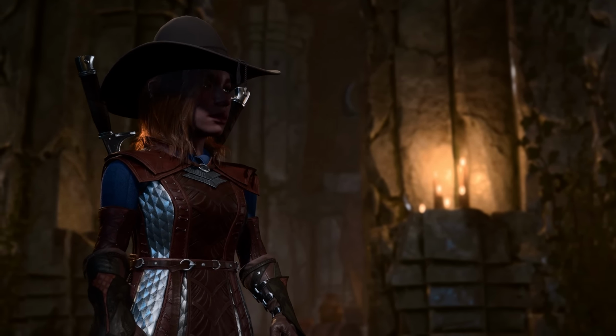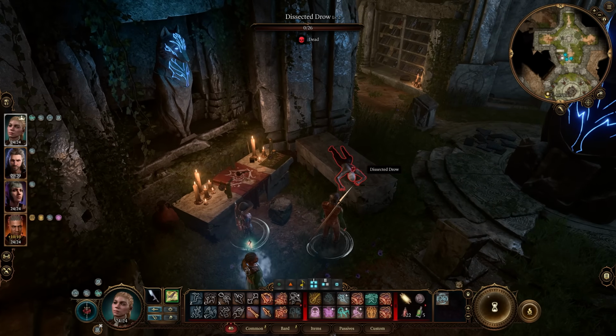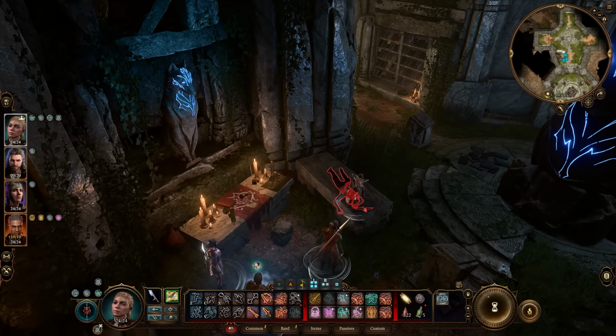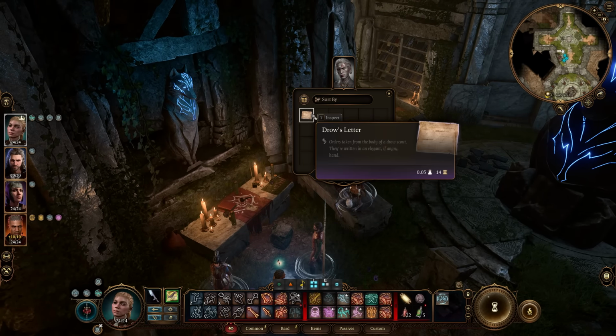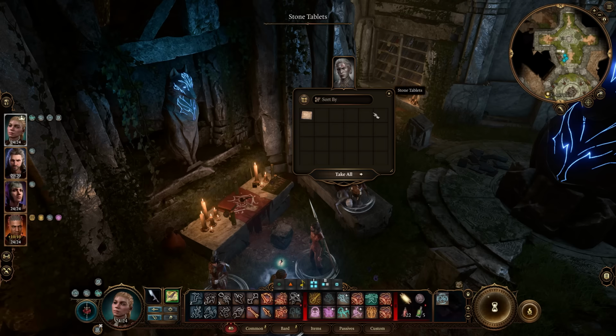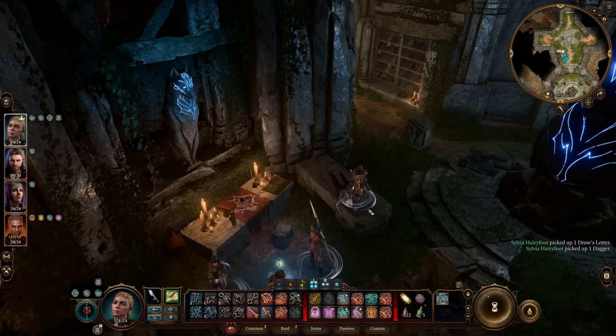Okay, so the name Minthara comes up again. It was already mentioned in the last episode by the goblins, and from the drow's corpse we can loot a letter with orders also signed by M, telling the raiding party to track the Druid. That's interesting, because so far it seemed like Halsin was tracking them, so there might be more to this story